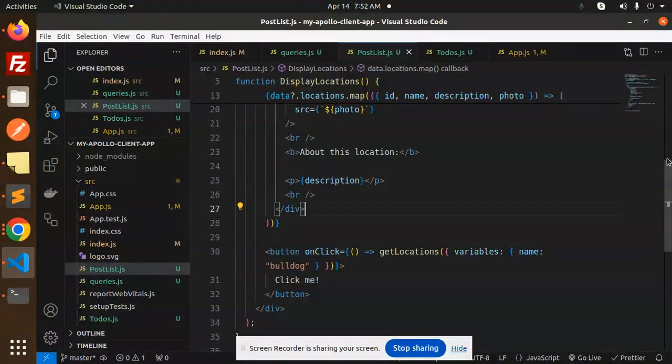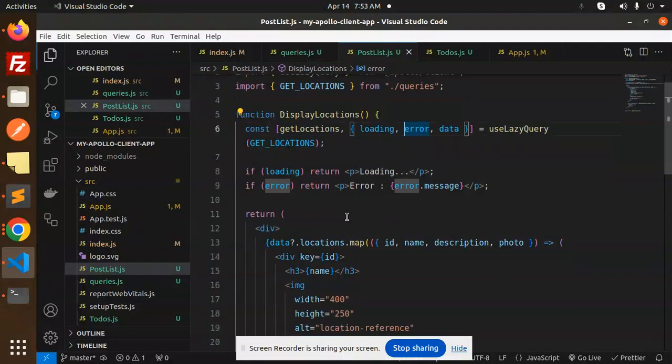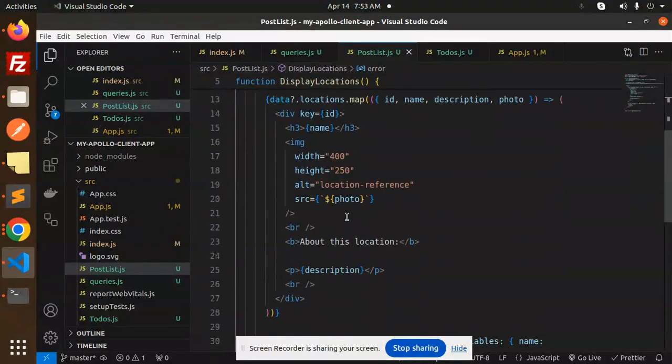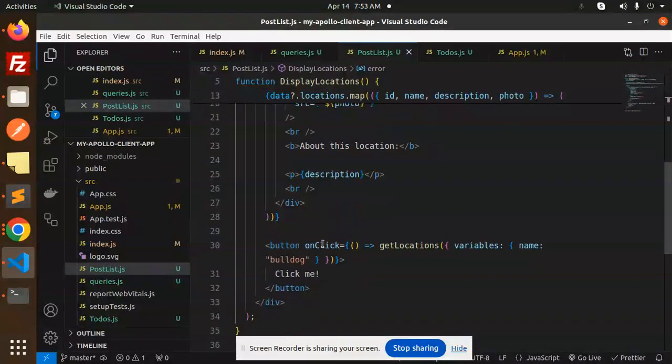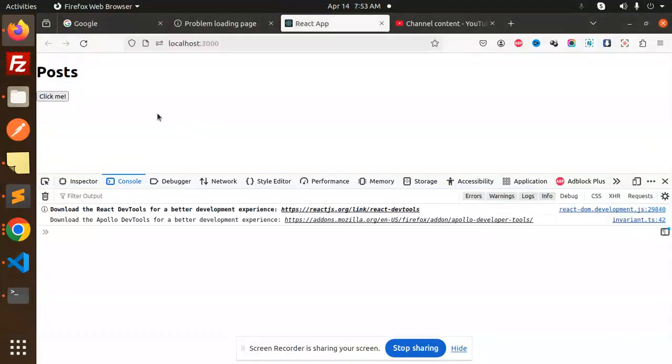So first of all, what we have to do is use the useLazyQuery over here, and this gives the getLocations function, loading, error and the data, right? So here I have created a button that is variables locations. Here I'm going to pass the variable that is this, or else you can just call the getLocations also. Okay, and when we try to save this, when I try to click on it,